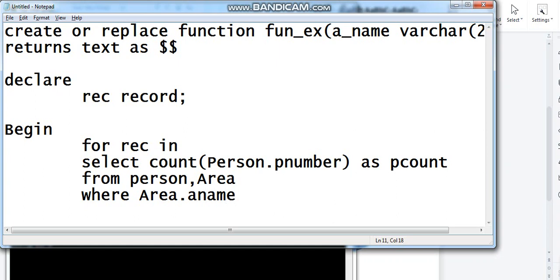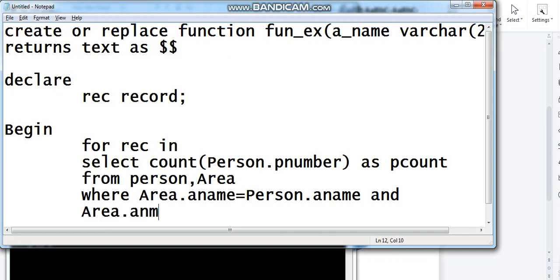Area dot a name is equal to person dot a name. And since we are passing the parameter, in the query we also have to write and area dot a name is equal to this a underscore name.